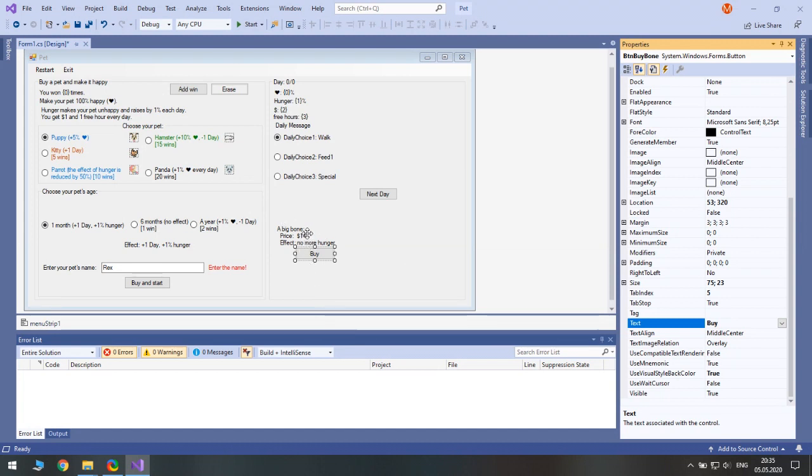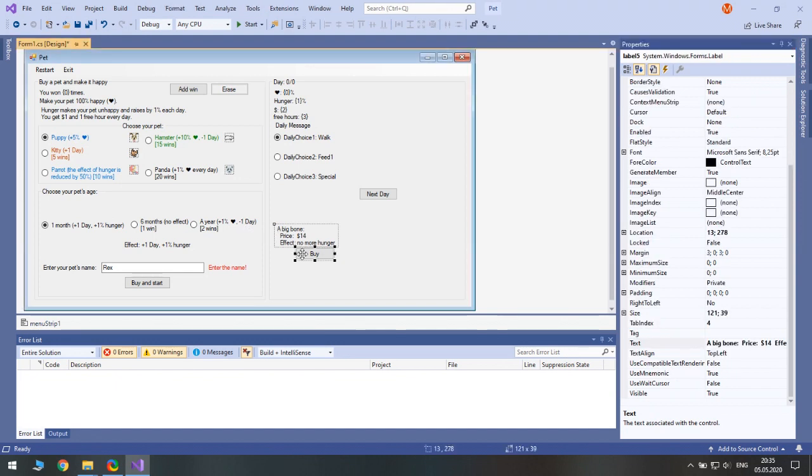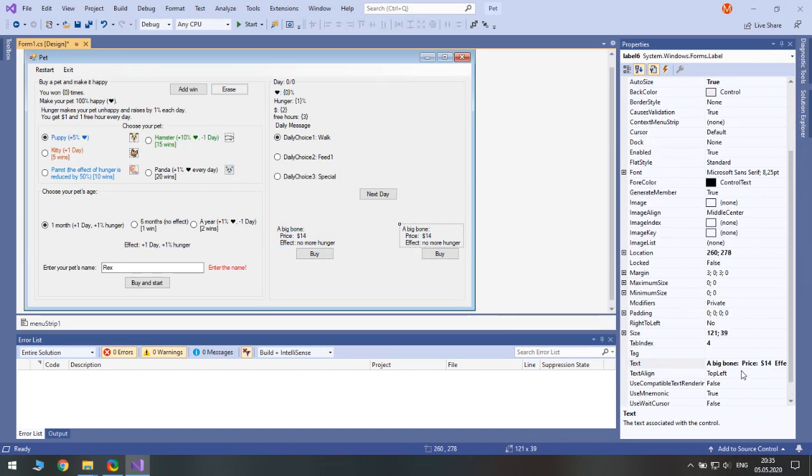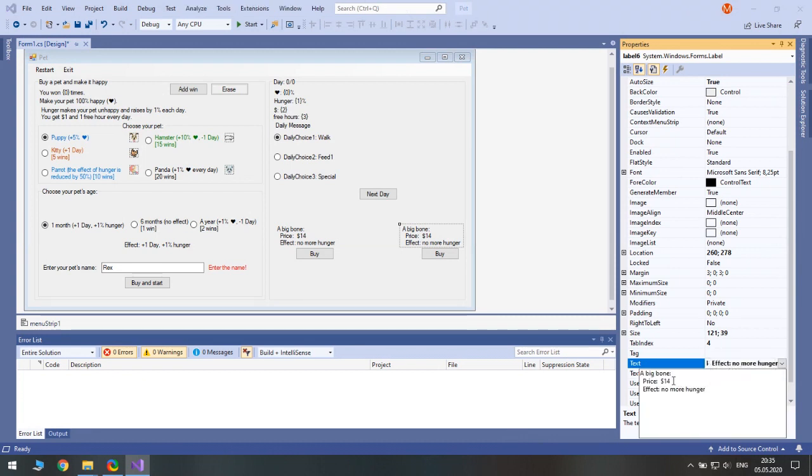Each item will have a default button, so let's copy paste both of them here. So this one will be forage. Its price should also be high, like $10, because we will weaken hunger.